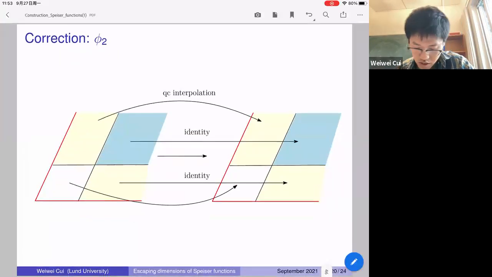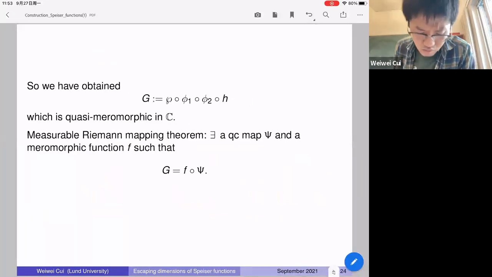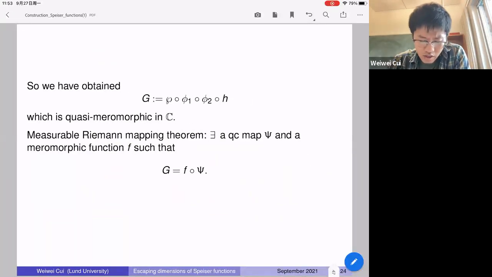So with this construction, what we have in hand is a quasiconformal function which is defined in this way. First we have a spiral function which maps a plane minus spiral to some sector, and you do this correction and this straightening map, both are quasiconformal mappings, then you compose with the P function. And in this way, this function G will extend continuously across this spiral. So you get a quasiregular function in the plane, but we